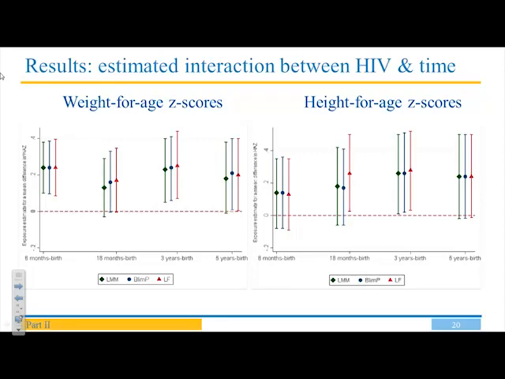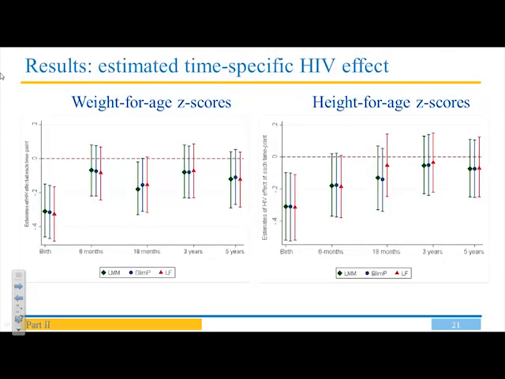So these two plots summarize the estimates for the interaction effect between HIV and time across the 3 different methods. On the y-axis, we have the mean difference for each outcome, and on the x-axis, we have difference in time trend. So just looking at the findings, we don't see that much difference across the 3 methods, although you may notice that using some methods may lead to a different interpretation of the results. More specifically, we're looking at the estimates of the mean differences, the time-specific HIV effect